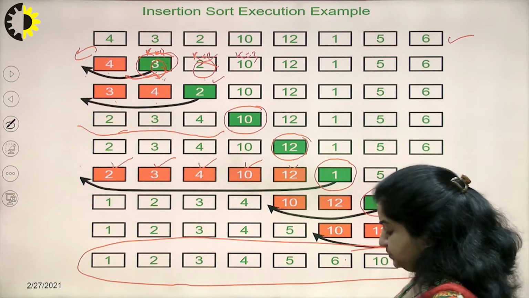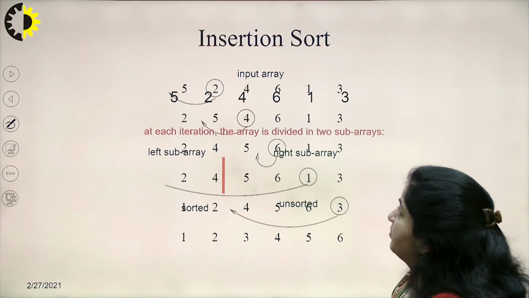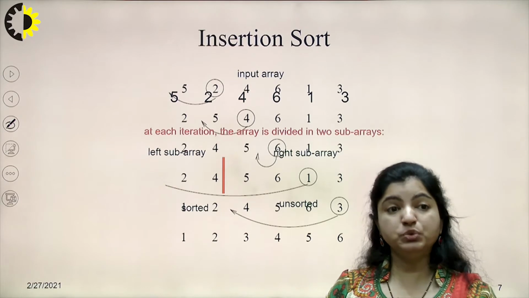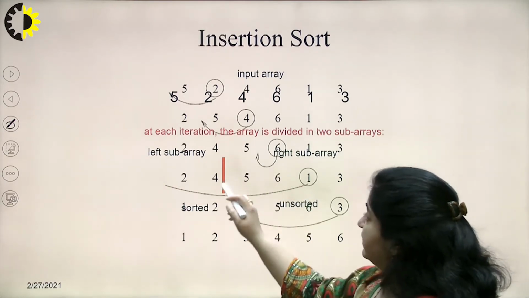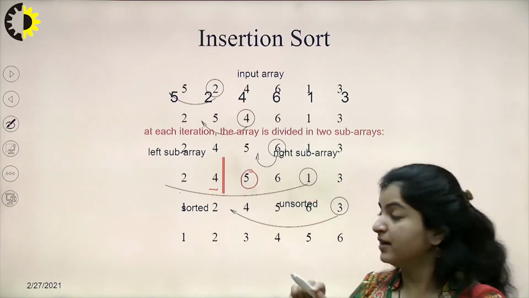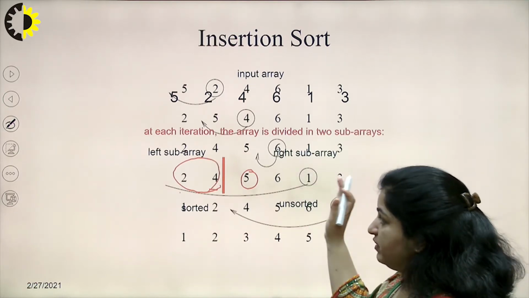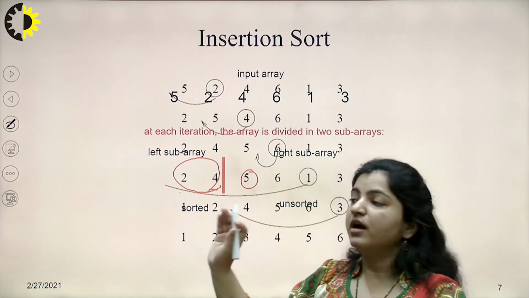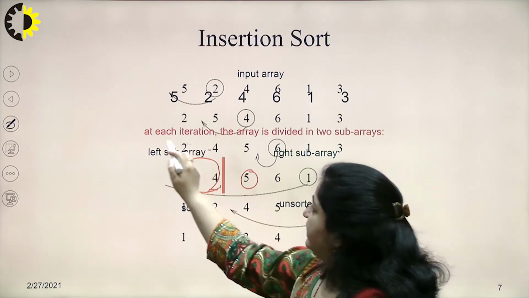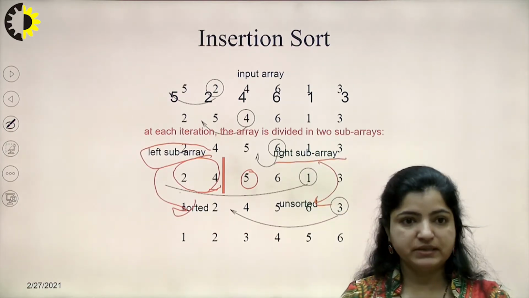So moving forward, now how the algorithm works. Another example is shown over here. What actually is done is we are dividing our array into 2 sub arrays, fine. So this was my left sub array, and I am comparing this very first element which I am taking with all the elements of this left sub array, fine. And whatever is sorted is coming to the left side, and whatever is not sorted is towards the right side. So I can say my left sub array is a sorted array and my right sub array is an unsorted array.